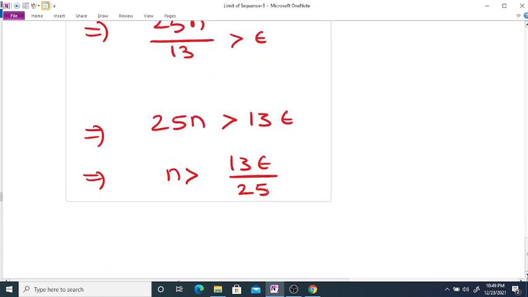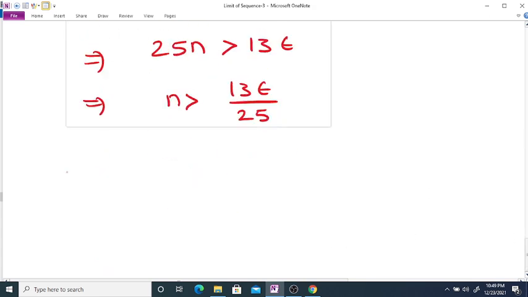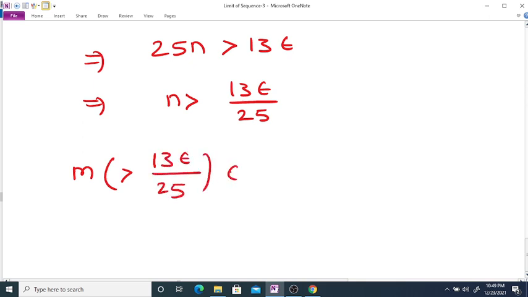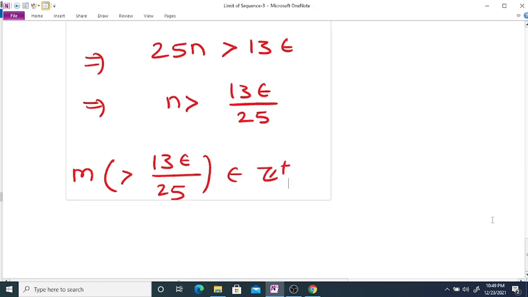Therefore, if we select a positive integer m which is greater than 13 epsilon by 25, then the distance between